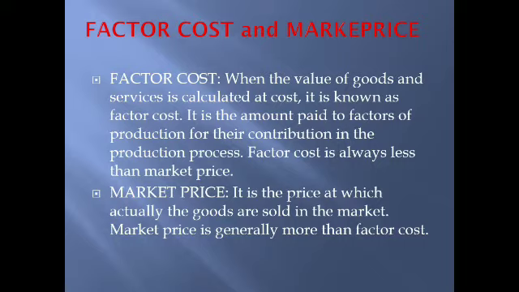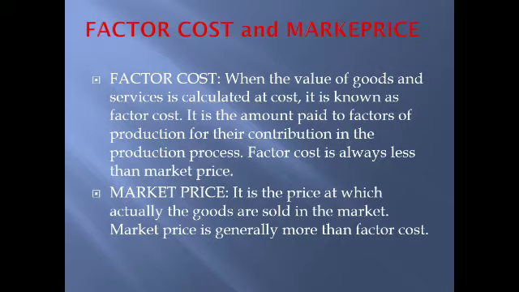And one thing is sure, factor cost is always less than market price. So we will see what market price is. Market price is the price at which the goods are sold in the market. The price that we pay when purchasing goods in the market is called market price. So one thing is very clear, market price is always more than cost of production. So we can say market price is always more than factor cost. Here all the aggregates are calculated at factor cost or market price. Every aggregate is calculated at factor cost and market price.